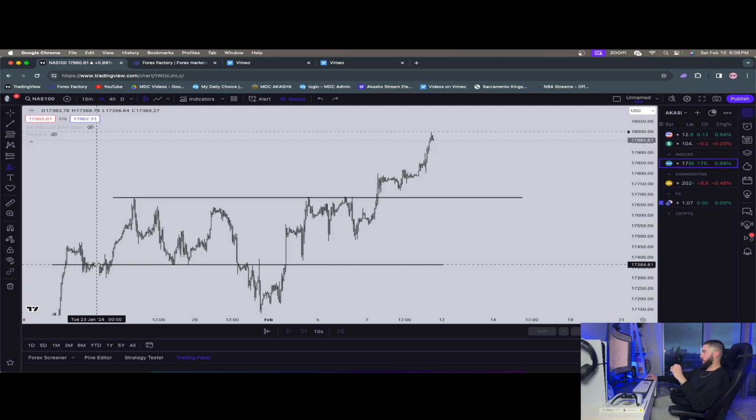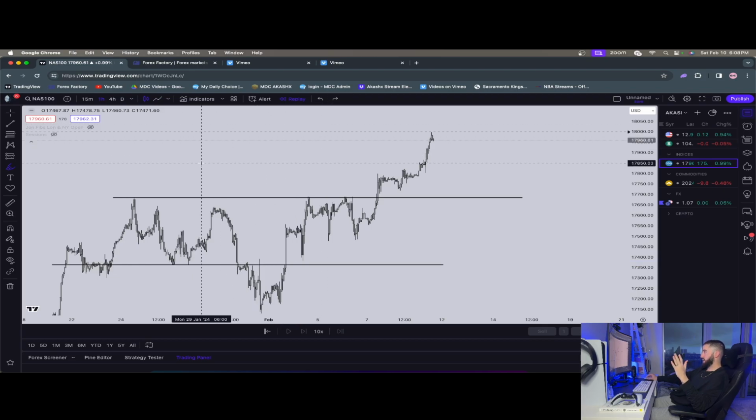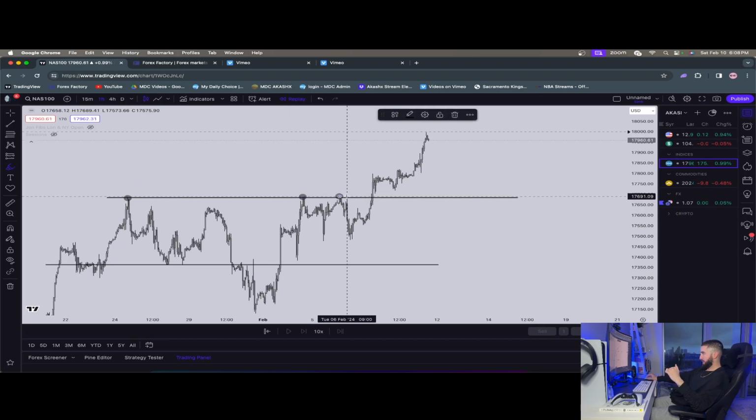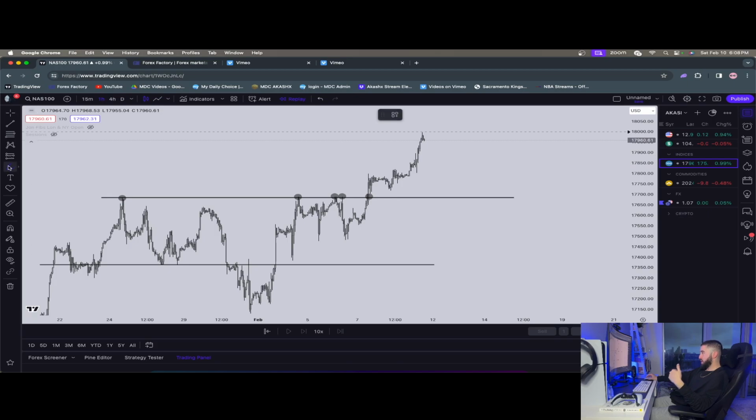We also have this level at around 17,360 where we have price touching here and here. We also touch it here, and then we break through here. So we want to identify these key levels because the best trades that I have ever found, after years of trading these markets, regardless if it's NASDAQ or gold or whatever it is, if we trade wherever price has historically shown us to react from, we have a lot more high probability and